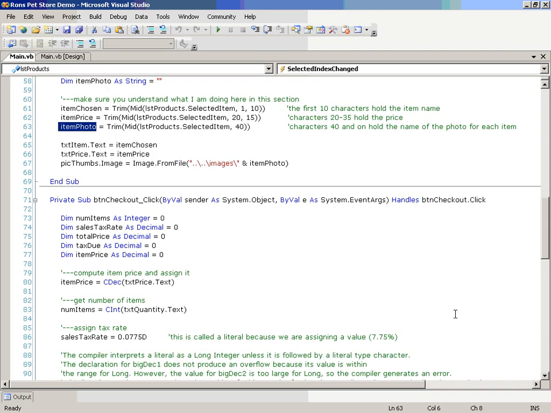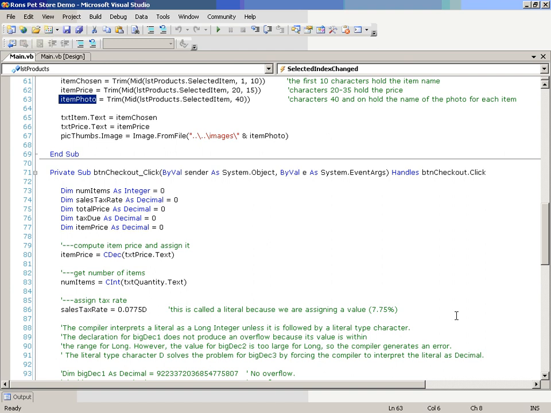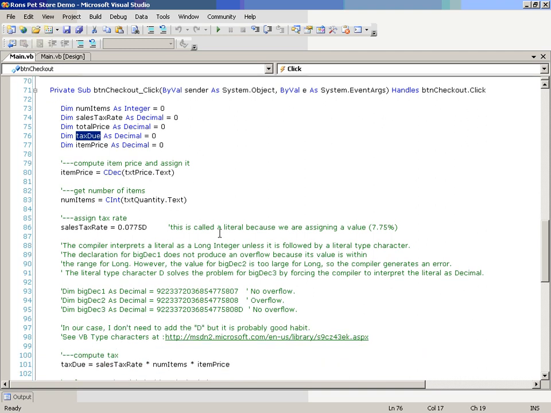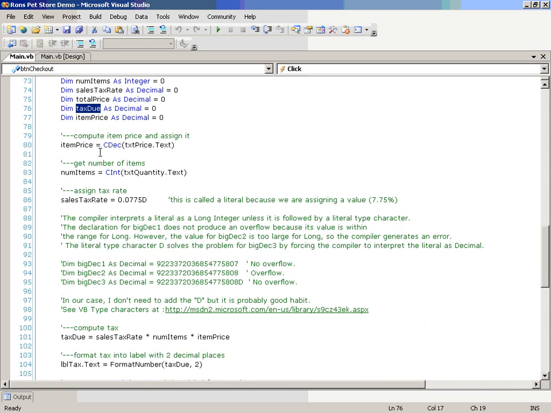Finally, with the checkout deal right here, we tell it that I'm going to keep track of my number of items, the sales tax, the total price, and the tax due. Notice I've declared all these as money and as an integer up here. I've initialized my variables, and then I'm going to get my item price by taking